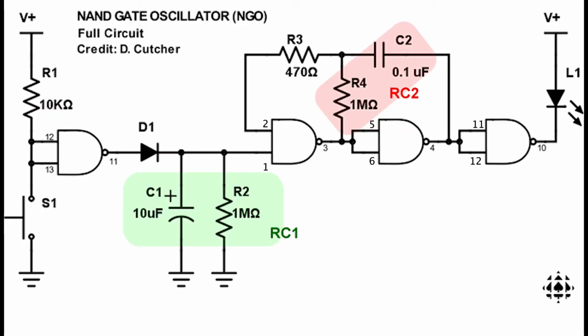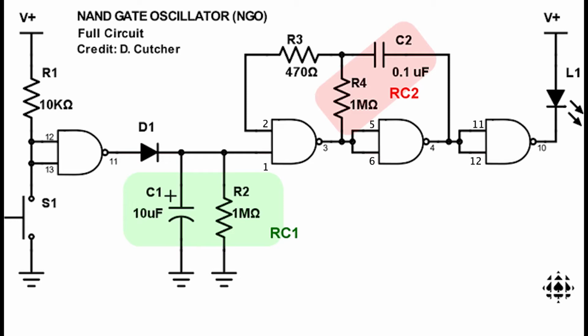So the NAND gate oscillator is essentially the first part of the counting circuit. The resistor is in the pull-up configuration, and that allows for low side switching with the button. So at rest, pin 12 and 13 are both high, which would output a low at pin 11, and after the low signal goes through D1, pin 1 will receive a signal of low, and since we don't know what the input of pin 2 is,